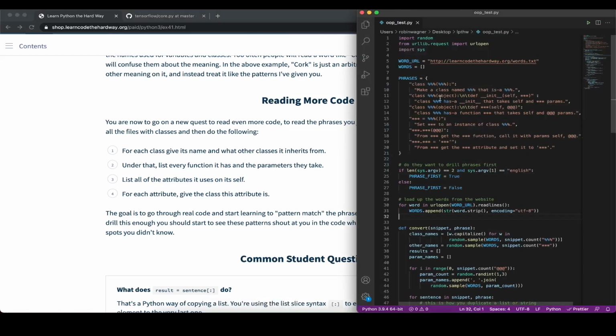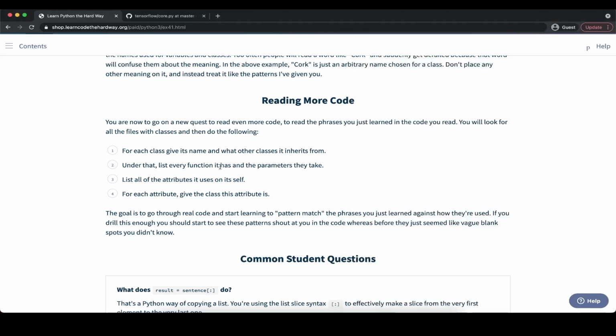So we would, for example, say if we have a class that inherits from another class, that basically means make a class named so and so, that is a, and then the parent class. Under that, list every function that it has and the parameters they take, list all of the attributes it uses on itself, and for each attribute give it a class.